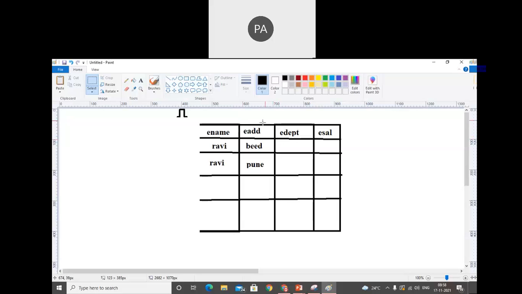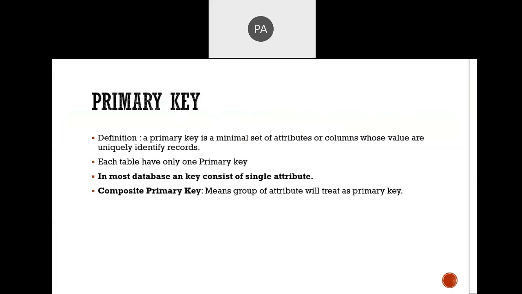So I will make employee name and employee address the composite key, or employee name and employee department as a composite primary key, or I can make employee name, employee address and employee department the primary key. That means duplicate data is not allowed. So just make a note of that. We have an option, the composite primary key.